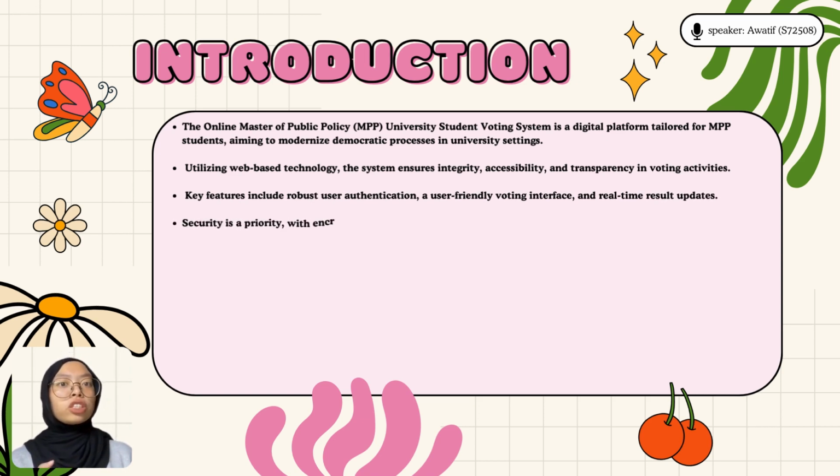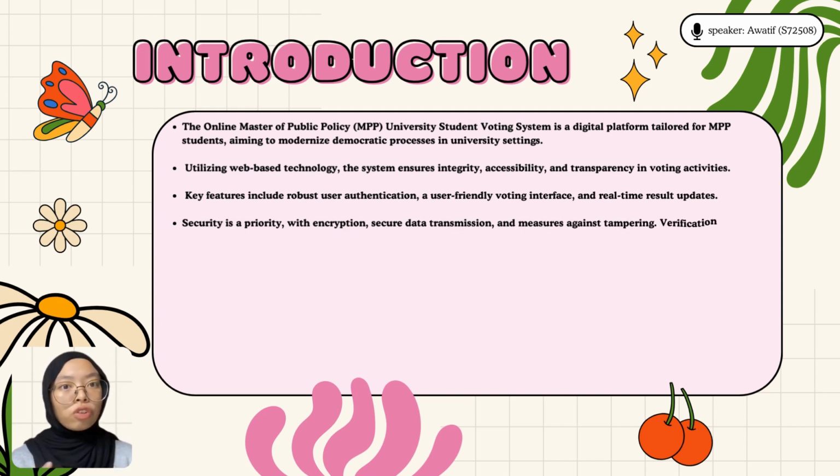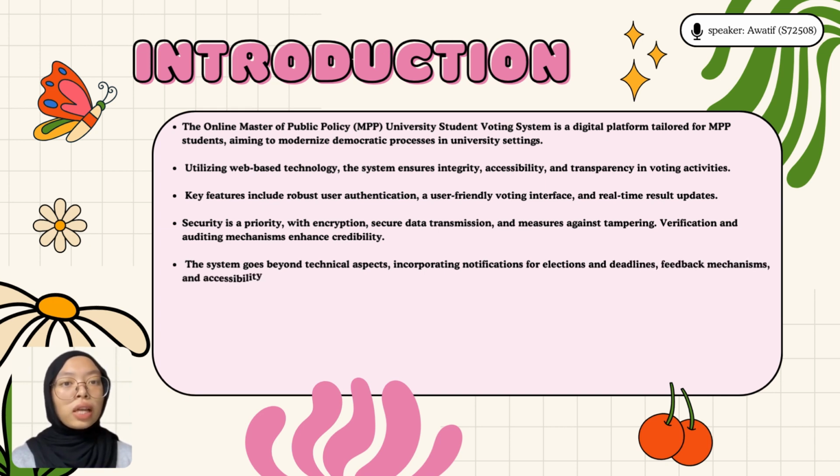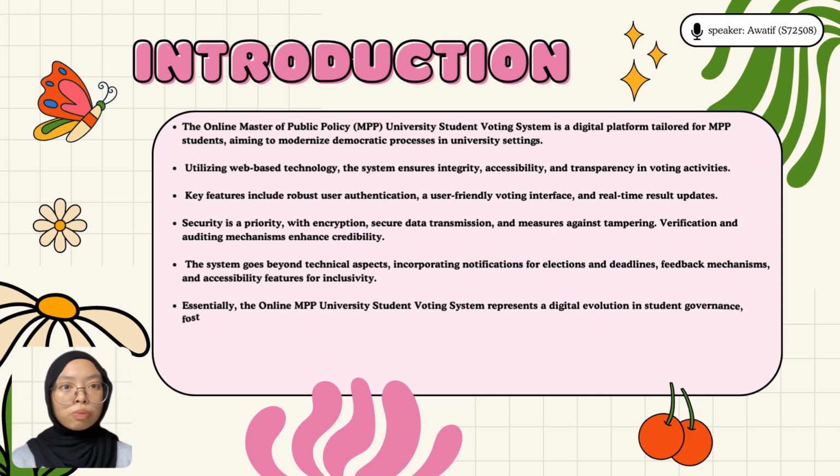Next, the key features include robust user authentication with a user-friendly voting interface and real-time result updates. Security is a priority, with the inclusion of secure data transmission and measures against tampering. Thus, verification and auditing mechanisms enhance credibility. This system goes beyond the technical aspect, incorporating notifications for elections and deadlines, a feedback mechanism, and